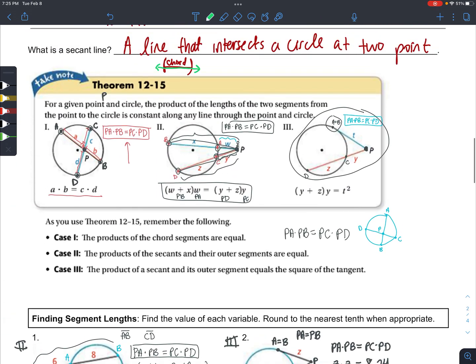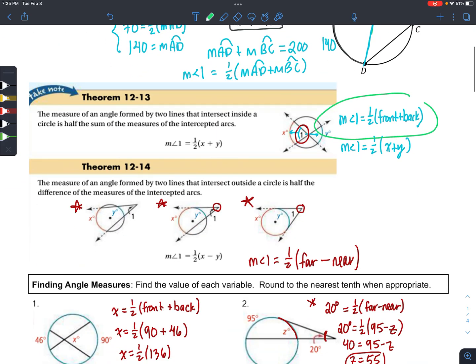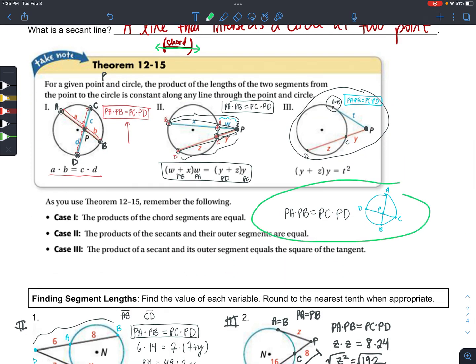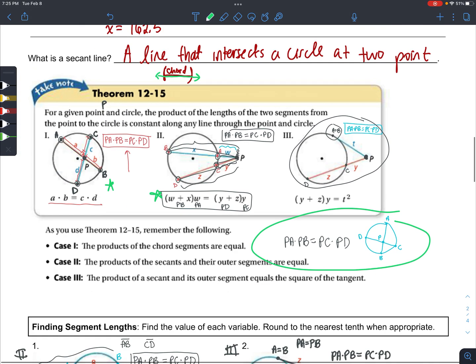Okay, so plenty of homework to practice. The good news is there's really only 3 formulas. We have the 2 at the top. We got front and back. We got far and near. And we have our very general product. This is called the intersecting chords theorem. At least this one is. So if you want to use these formulas, you can, as I've kept saying, but to me, I would never keep those straight. It's a little easier if we label points and do it